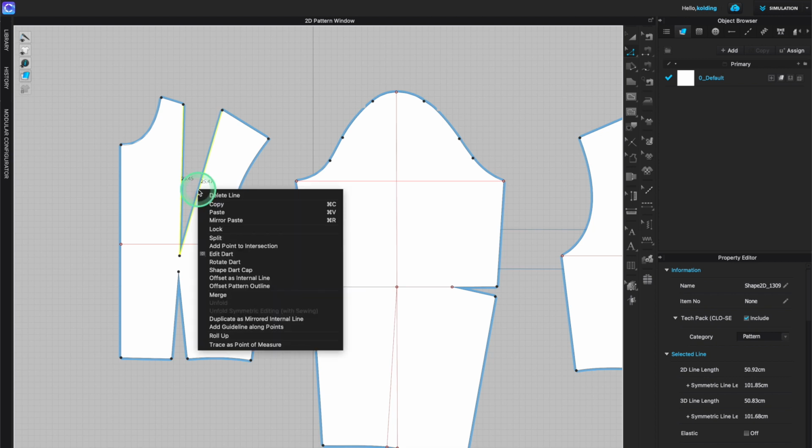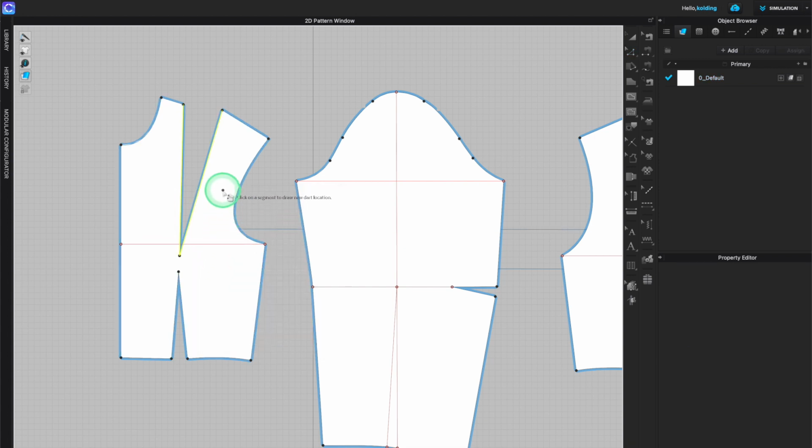So I'm going to place my cursor on one of those active lines. I'm going to right click, and then I'm going to click on rotate dart. Now I get this little black point here, and wherever I click now is where my dart is going to be placed, and I want it placed in the sleeve hole. So I click here and I click on this line I want to follow, and now it says select side to rotate. I want to rotate this side here like that,